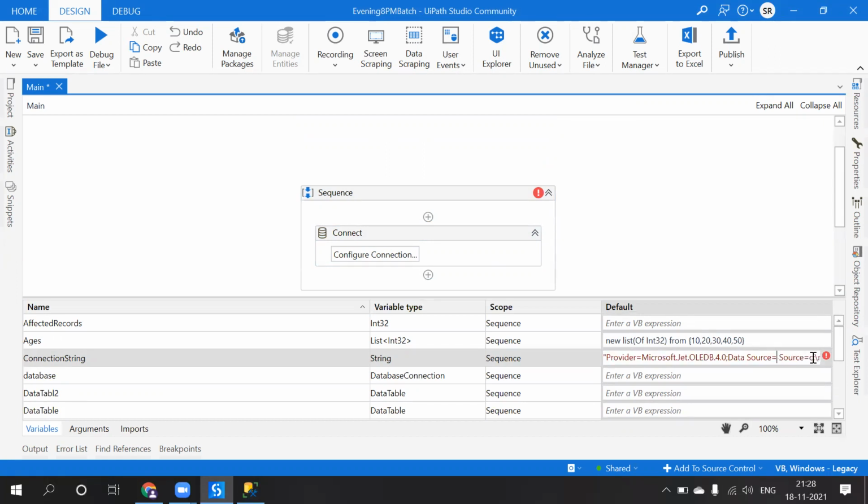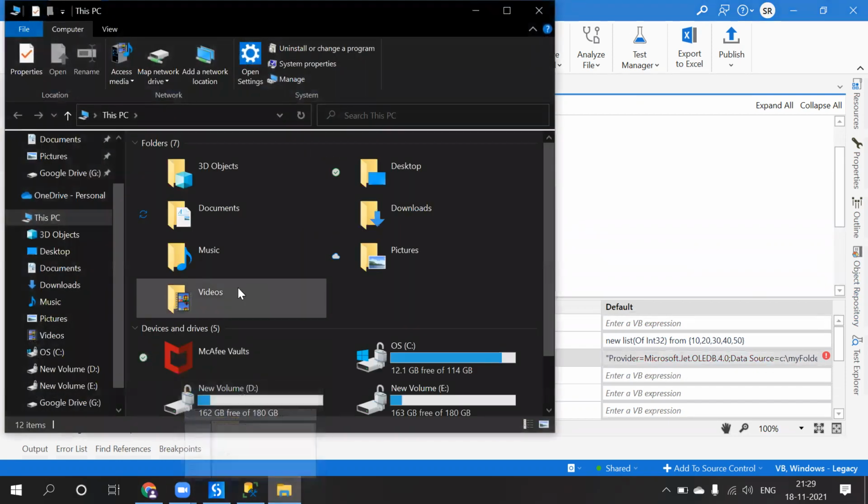Data source equal to, so here we need to provide where our data input file is available. Go here,